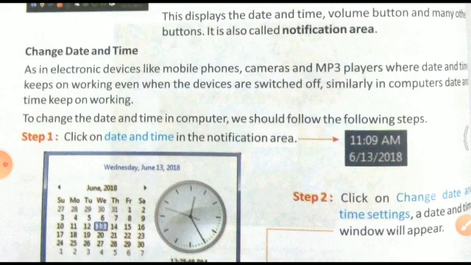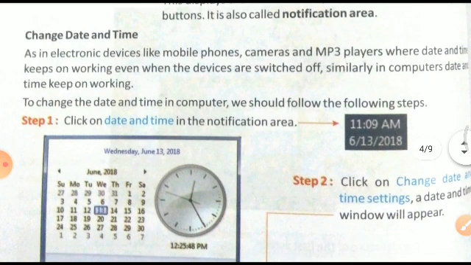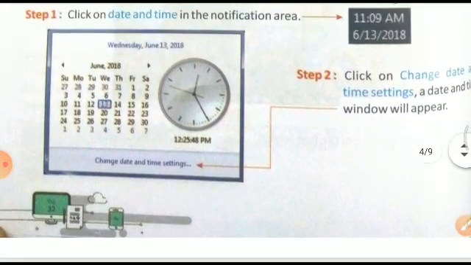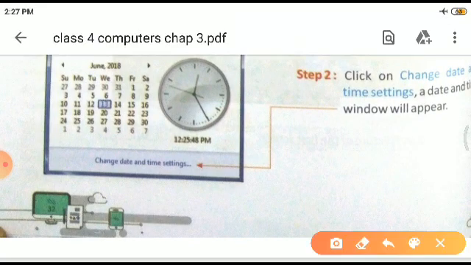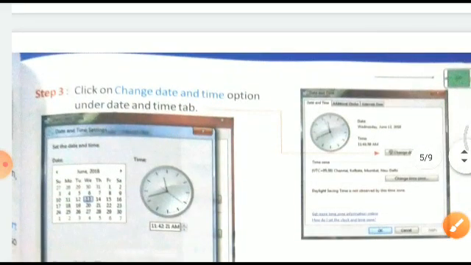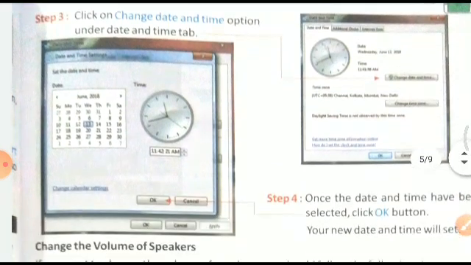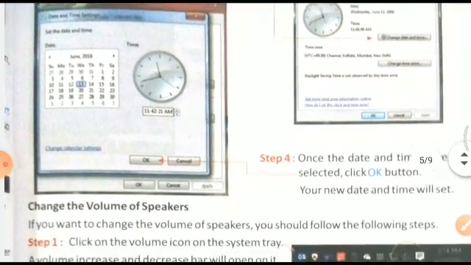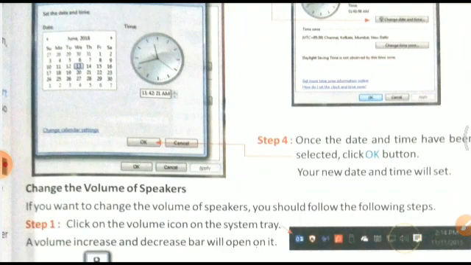Okay. Click on date and time in the notification area, right, like this. Click on the change date and time setting. A date and time window will appear like this one. See, this broad one, this is the change, and then here you can change it. Click the change date and time option under date and time tab, and then once the date and time have been selected, click OK button. Your new date and time will be set. Right? So we have learned a lot of things in this session